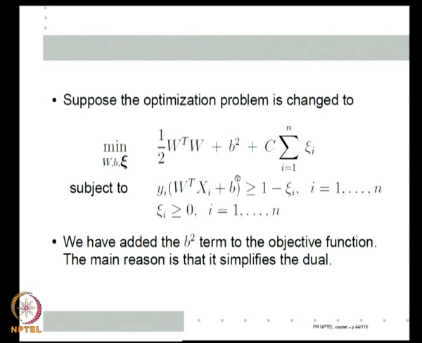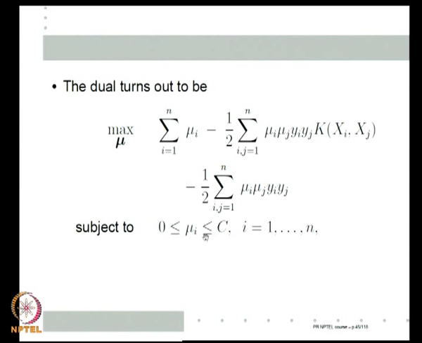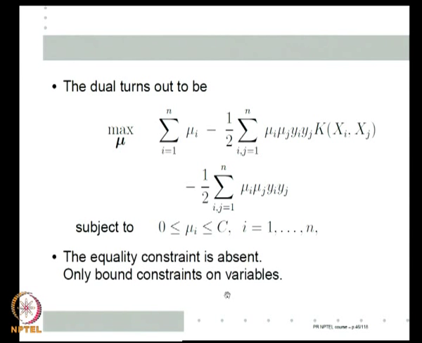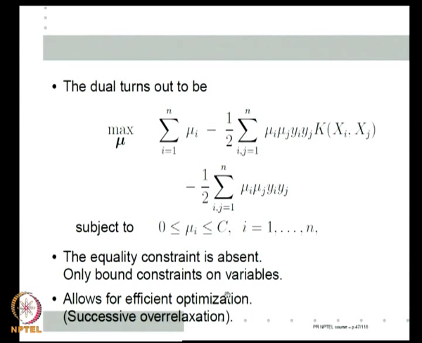Of course, it does not, because my optimal hyperplane is the solution of the optimization problem without the b square. But what can be shown is that if I do it with the b square, I will not be too far away from the optimal hyperplane. So, I get only an approximate optimal hyperplane, a fairly good approximation, and the advantage I am gaining for being only approximately correct is that solving my dual optimization problem is very efficient. So, this is one way one can reformulate.